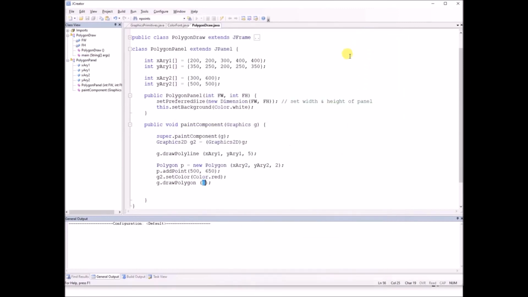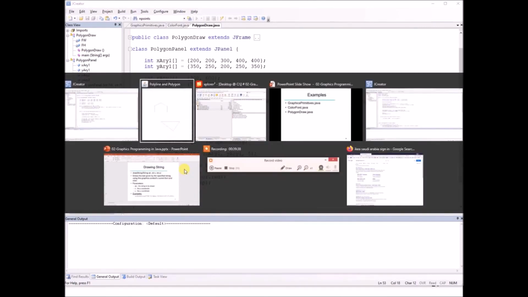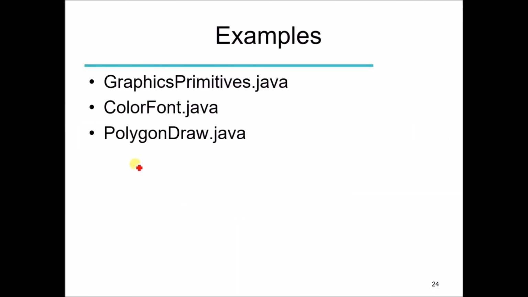I told you earlier that we can even create the basic shapes like a rectangle, triangle by using the polygon. But this second approach is more flexible, because in this approach we have a complete or concrete object. So later on we can add more points in this polygon, or we can apply other operations like transformation operations on this polygon. So this is the third example I wanted to discuss on how to draw the polygon.